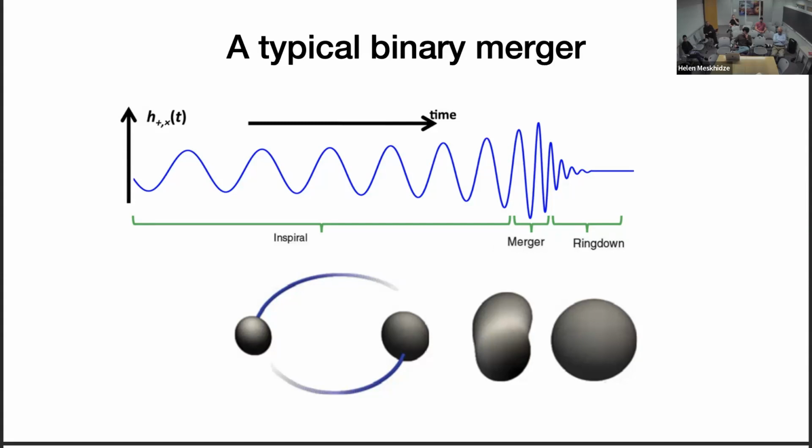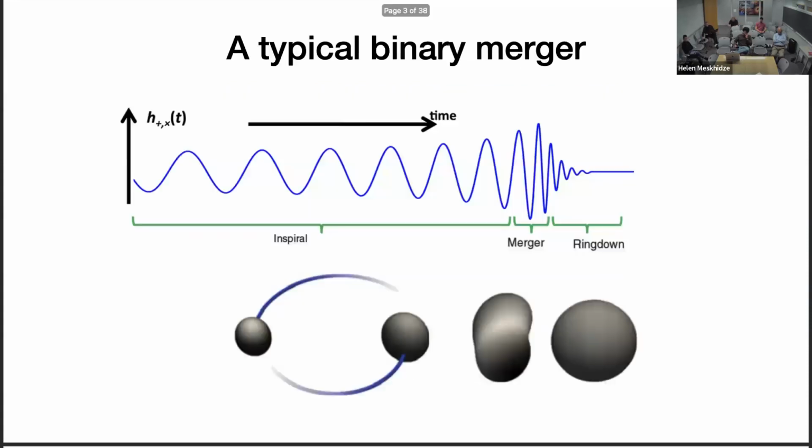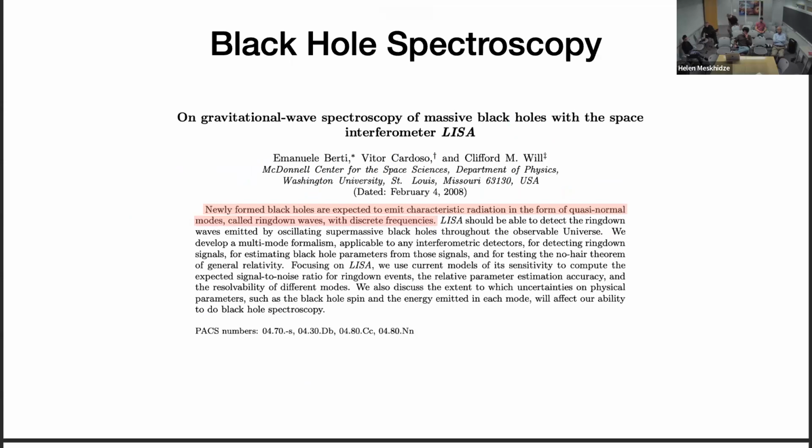Or maybe I should also say before that, just some general words. We want to find some tools that will help us understand and be able to solve more exactly this kind of problems. So this ringdown phase is controlled, as I mentioned, by the quasi-normal modes of the black holes. This is an example, one of the main papers on the subject.